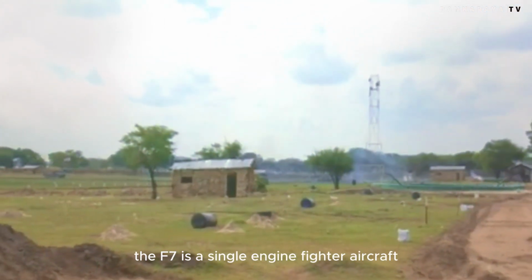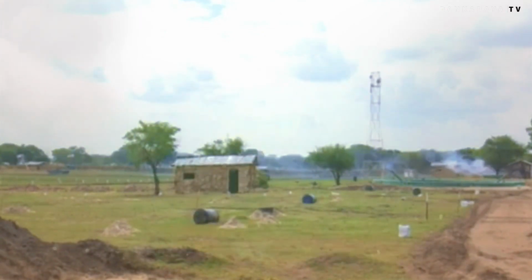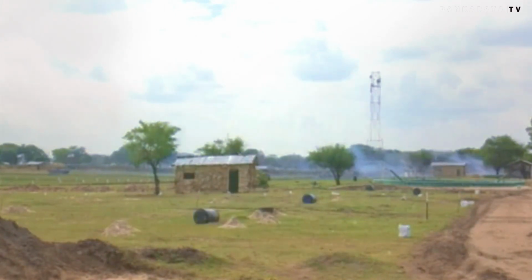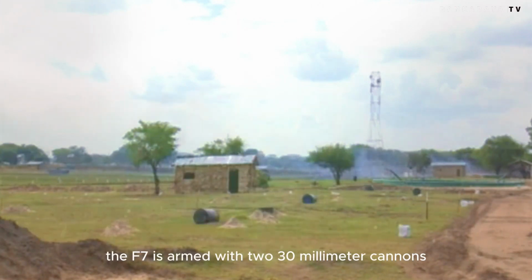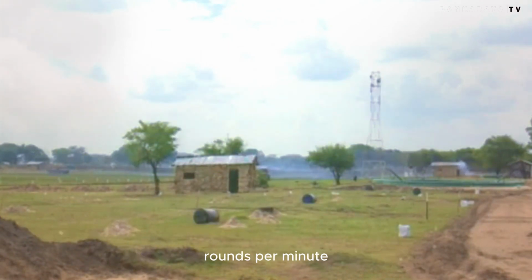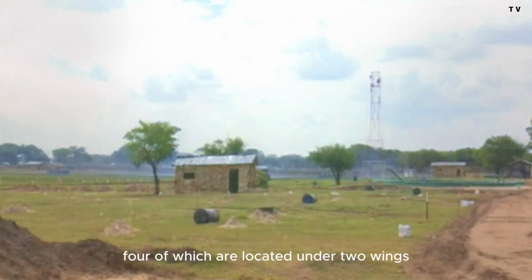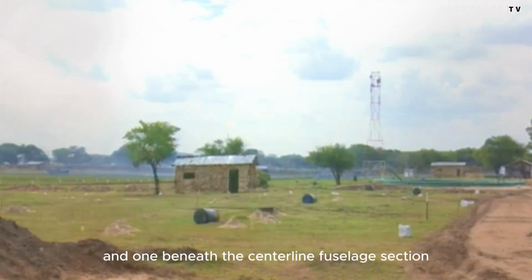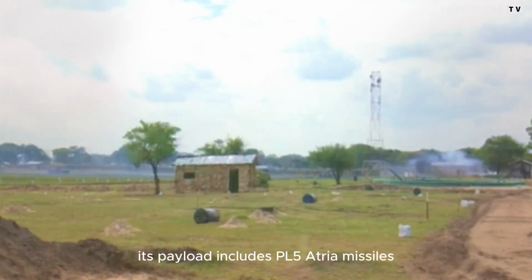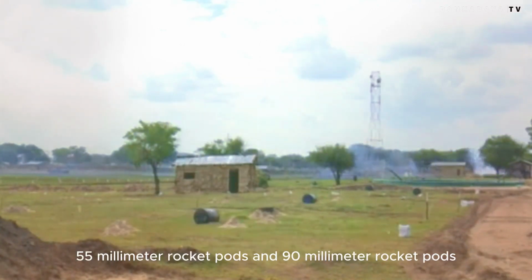The F-7 is a single-engine fighter aircraft designed and manufactured by Chengdu Aircraft Corporation of China. Its design is based on its predecessor, the MiG-21 aircraft. The F-7 is armed with two 30mm cannons, which can fire munitions at the rate of 60 rounds per minute. The aircraft has 5 hard points, 4 of which are located under the 2 wings and 1 beneath the centerline fuselage section. Its payload includes PL-5 air-to-air missiles, unguided bombs weighing 50 to 500 kilograms, 55mm rocket pods,